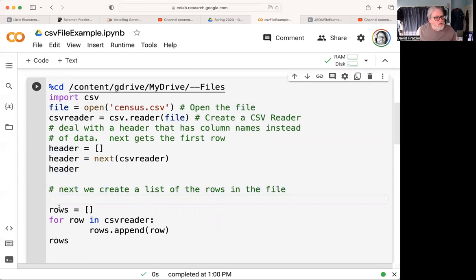So what we're doing here, we're setting up rows to be an empty list. And then this for is basically our iterator. So for every row, we're going to call it row. So for row in this, we're going to append that row to the bigger rows list. So when we run this,